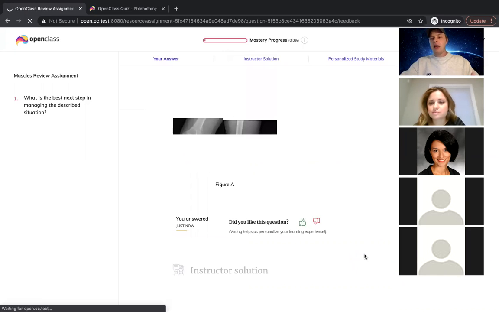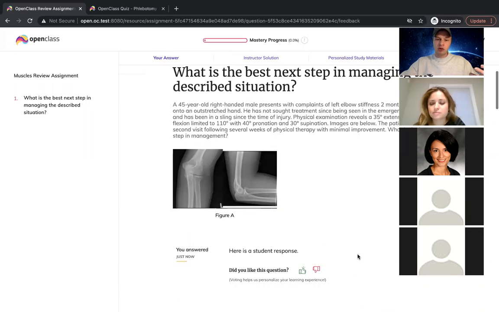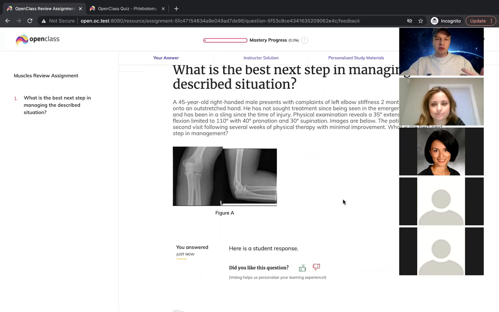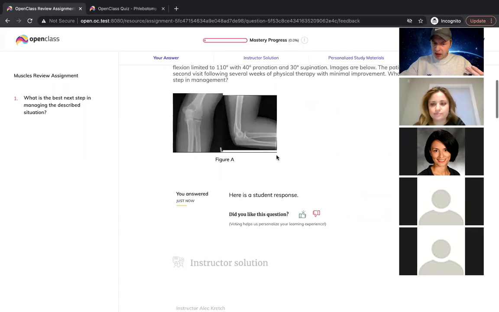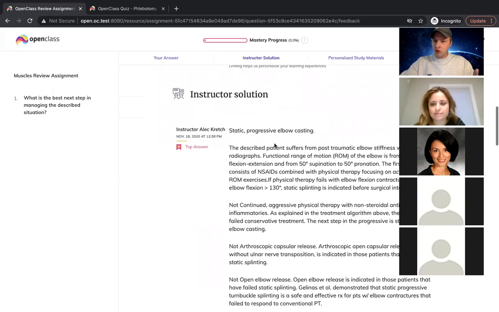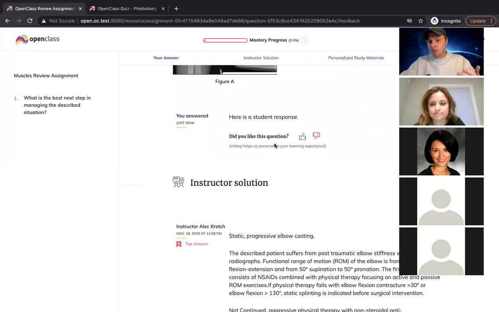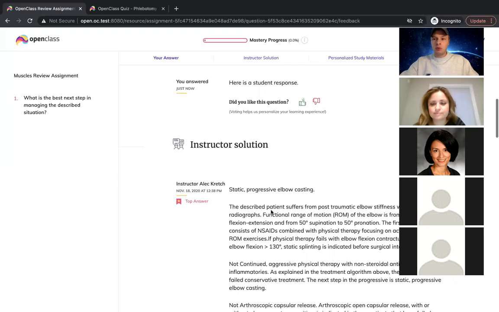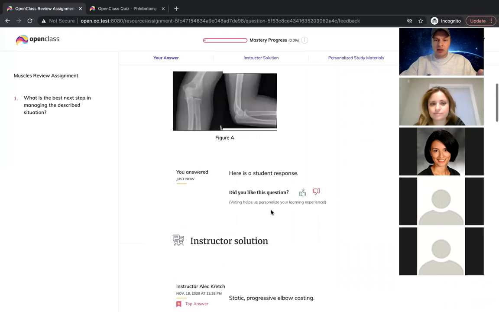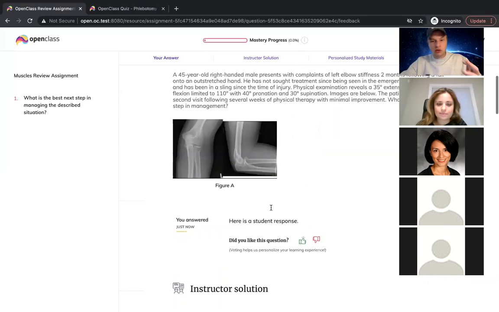As soon as they save their response, they're immediately shown a targeted feedback page, which looks like this, where students are able to see, here's my solution, and then be able to compare their solution to the instructor's solution, be able to see, okay, did I get this correct? Okay, yes, I did, or no, I did not, and be able to get the instructor's perspective on this question to be able to see, okay, here's how the instructor says that this situation should be handled,